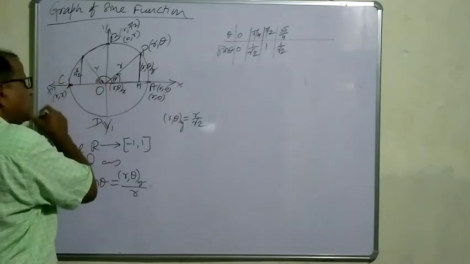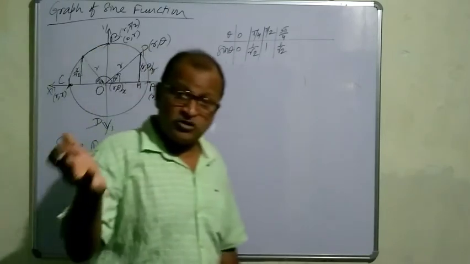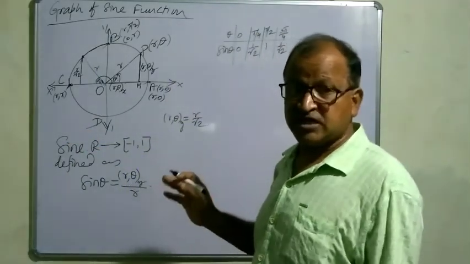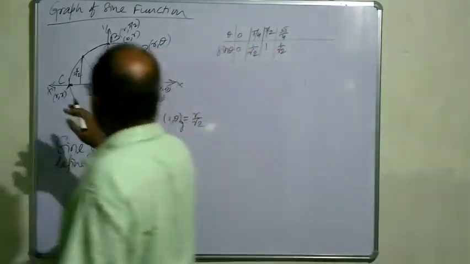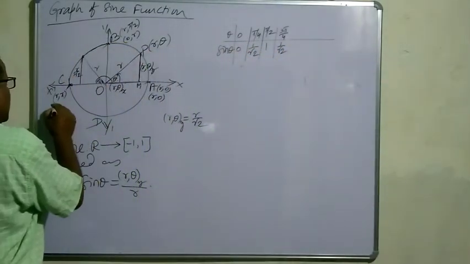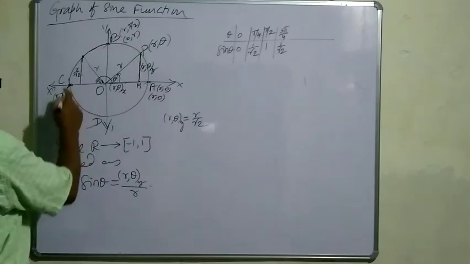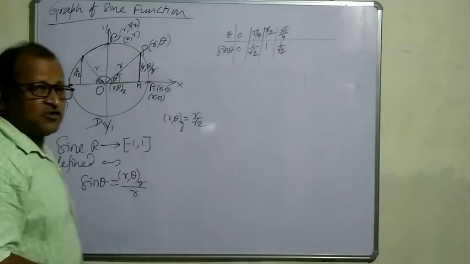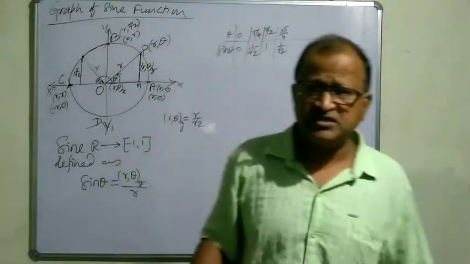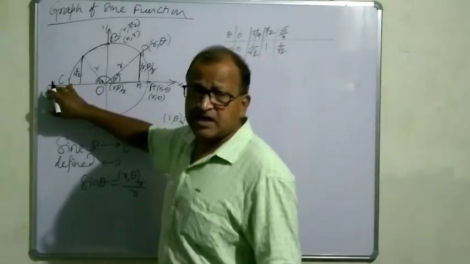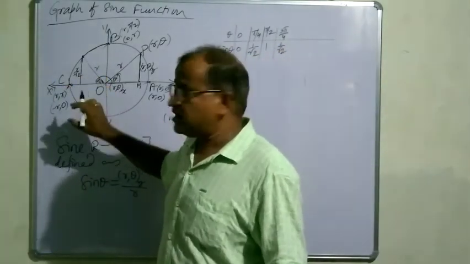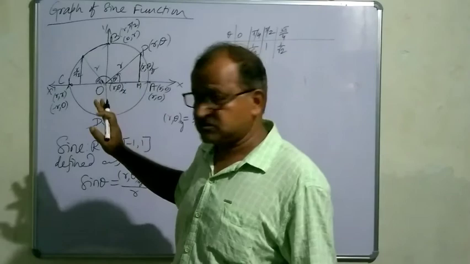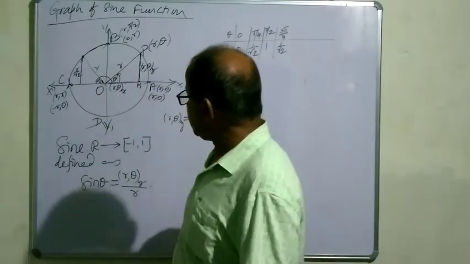When the point is on the negative side of the x-axis, I have told you, the inclination theta, the value of theta, is taken as pi. Okay, so it is r pi. Polar coordinate will be r pi. What will be the Cartesian coordinates? The Cartesian coordinates will be minus r, 0. It is on the left side of the y-axis, but the length is the same. Because it is on the circle, its radius is r, so length is r, but it will be minus r, because it is to the left of the y-axis. Yes, so it is minus r.